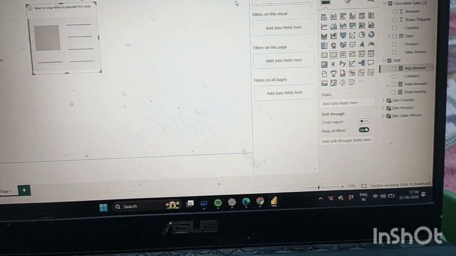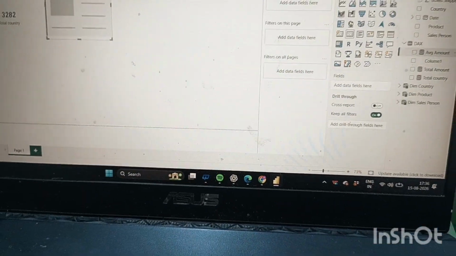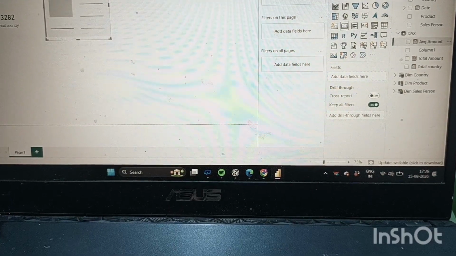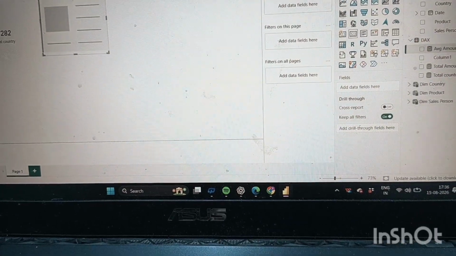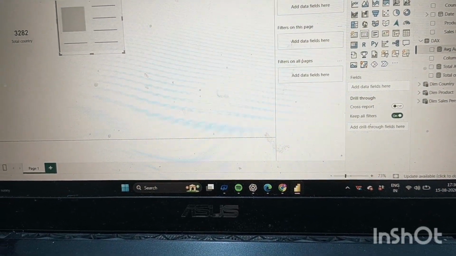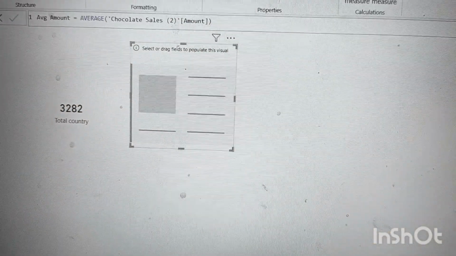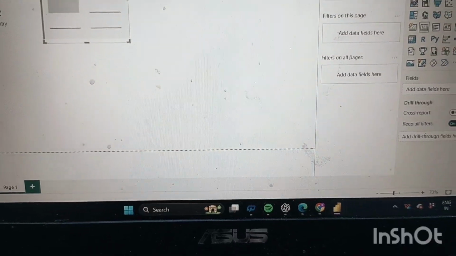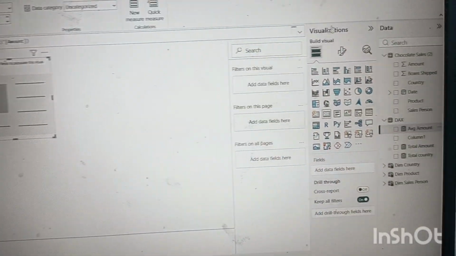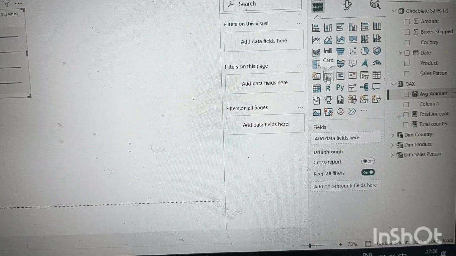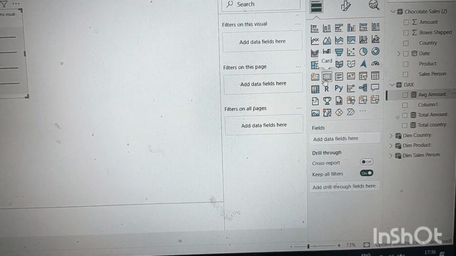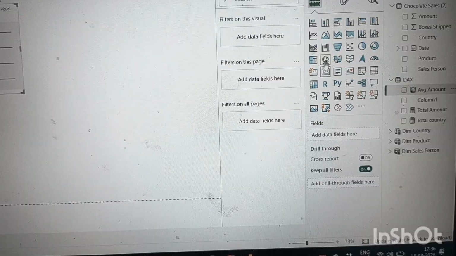Keep this in your mind, this is a major thing one must remember: it will never physically appear in your column. We will perform the function and it will be visualized by using this card. This is called card or KPI. And how will we select it? Here it is, an option in visualization. In visualization, you will get all the options, like here, 1 2 3 is written there. This is called card. After putting your cursor here, you will get the name card.